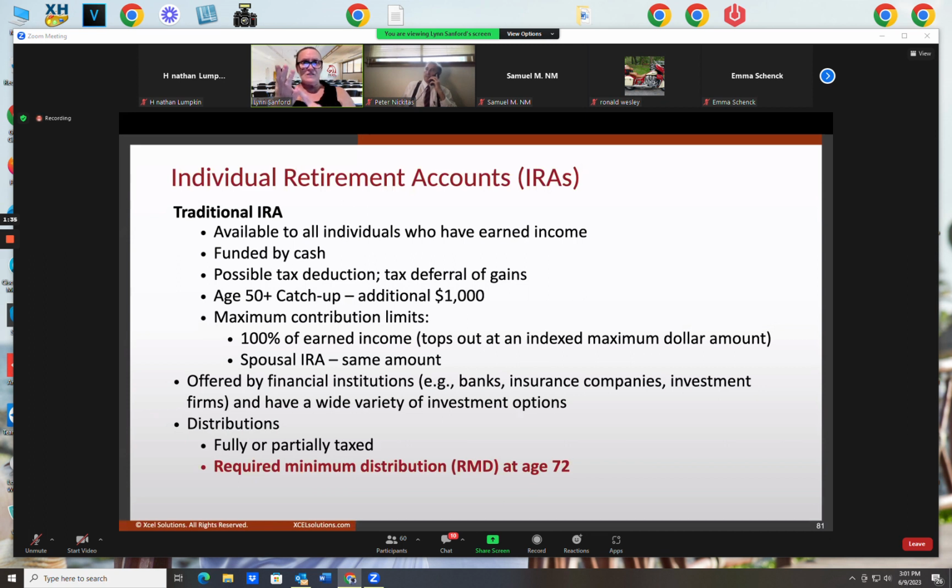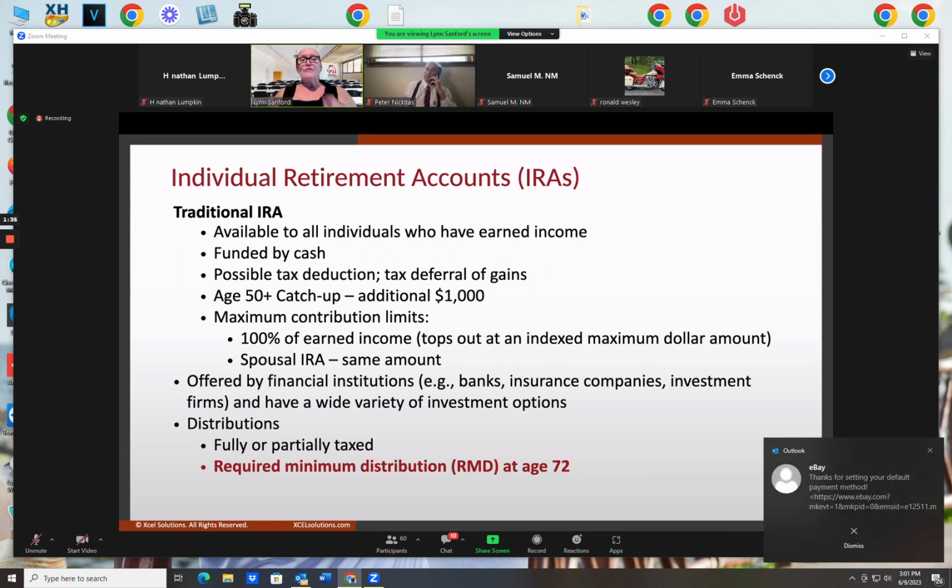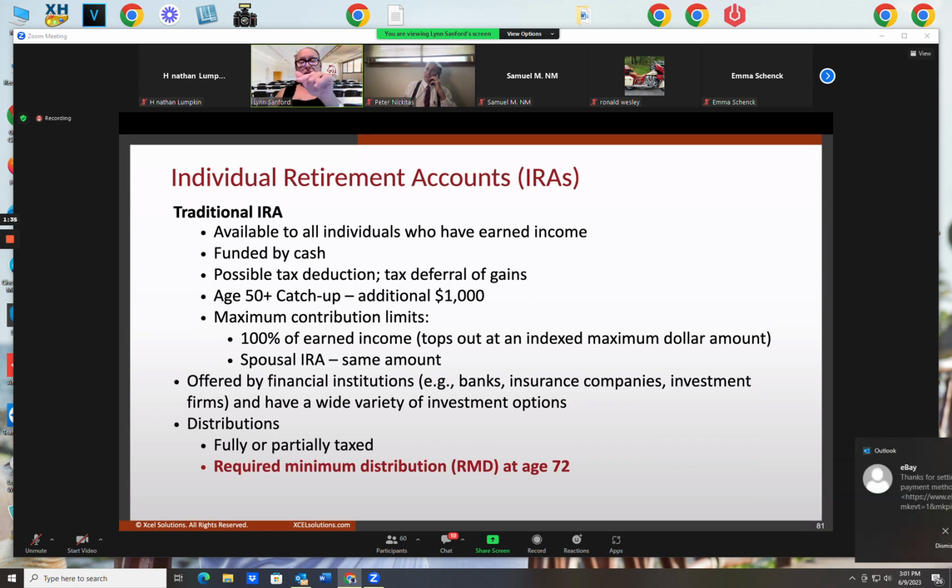If you turned 72 last year, in 2022, then you had until December 31st of 2022 to take out your distribution. You could delay that first distribution to April 1st of this year, but you had to take it out by April 1st of 2023 for last year. And then you're going to have to take out another distribution for 2023 before December 31st of this year. That's if you turned 72 last year in 2022.